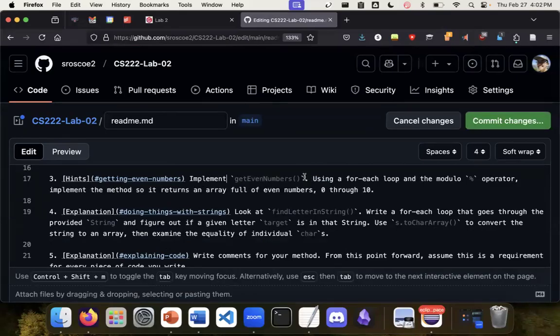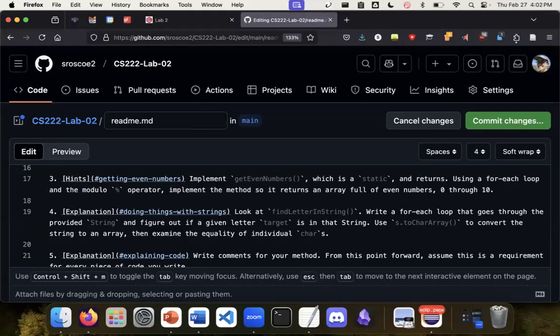Implement get even numbers, which is a static method and returns